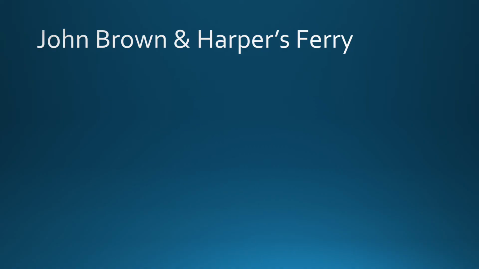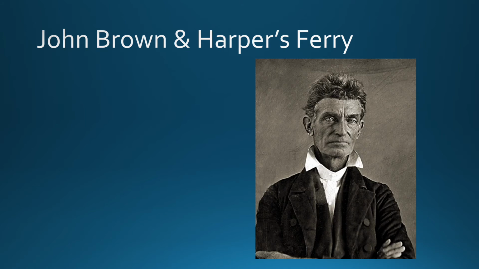Okay, one of the big precursors to the Civil War is actually going to occur due to John Brown, who, if you remember, I told you about when we were talking about Bleeding Kansas, in the sense that he's an ultimate abolitionist. He feels like it is his mission to get this done, even killing some pro-slavery forces over in Kansas. John Brown's thinking about next steps here, and now we're in 1859, and he decides to hatch a plan with his sons and some other people to raid a federal arsenal in Harper's Ferry, Virginia.